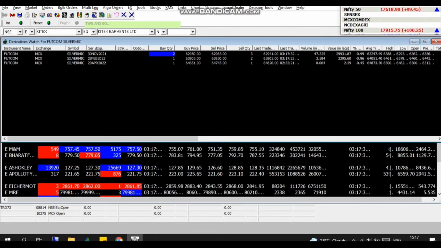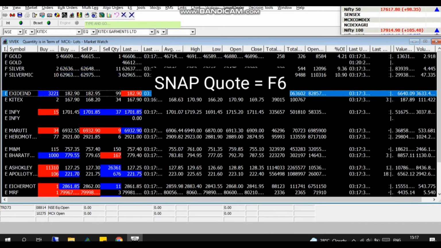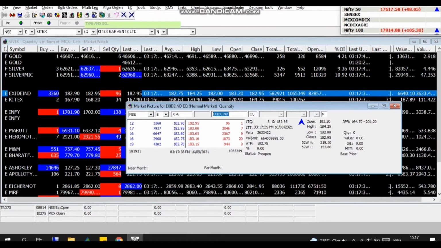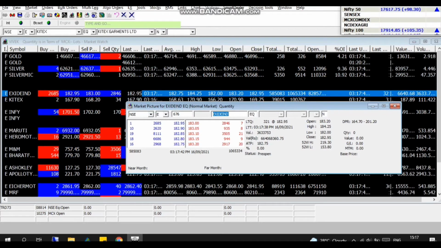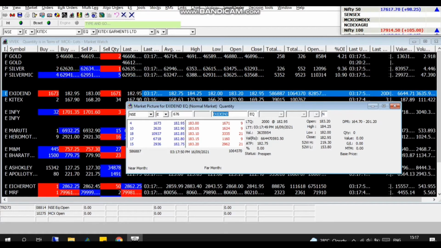Next is snap quote, that is F5, F6, in which you can see the entire thing. The only change with Nest is that in Nest lower circuit and upper circuit are given, but in Odin DPR will be given, that is daily price range.